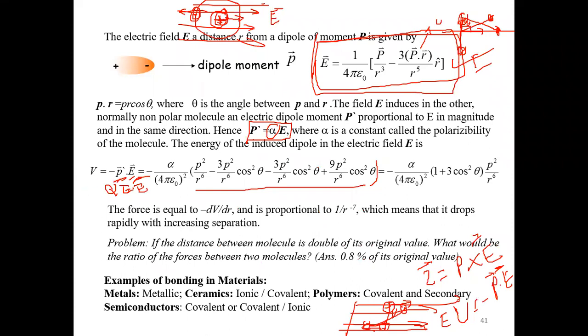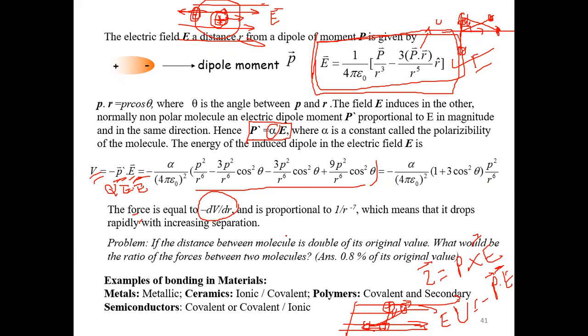So in this case, we have derived an expression for V. From V, if you want to calculate F, we have to differentiate this one, dV dr, and then put a minus sign on it. And if you do that, these are constant, so the only variable is 1 by R to the power 6. And differentiation of 1 by R to the power 6 is minus 6 by R to the power 7. So minus minus will become plus. Finally, we can show that the force